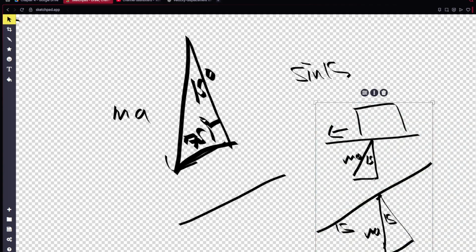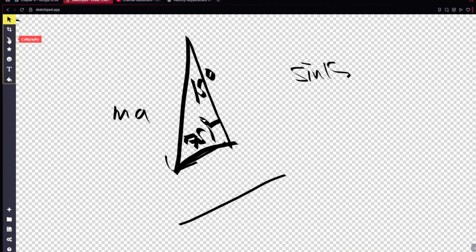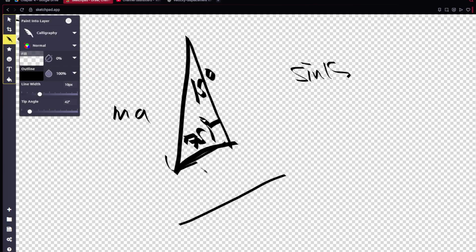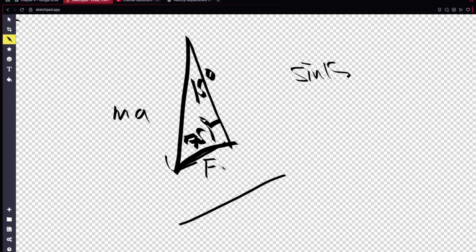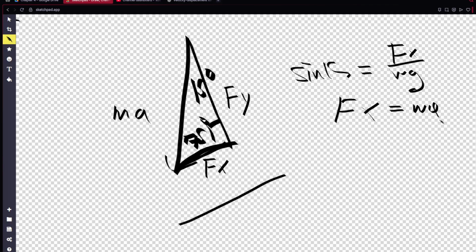So sine 15, and we'll denote this as, since this is force, we'll just say Fx, or F parallel, I guess. The reason I'm using Fx is because it looks like the x-axis, so sine 15 equals Fx over mg, so Fx equals mg sine 15,